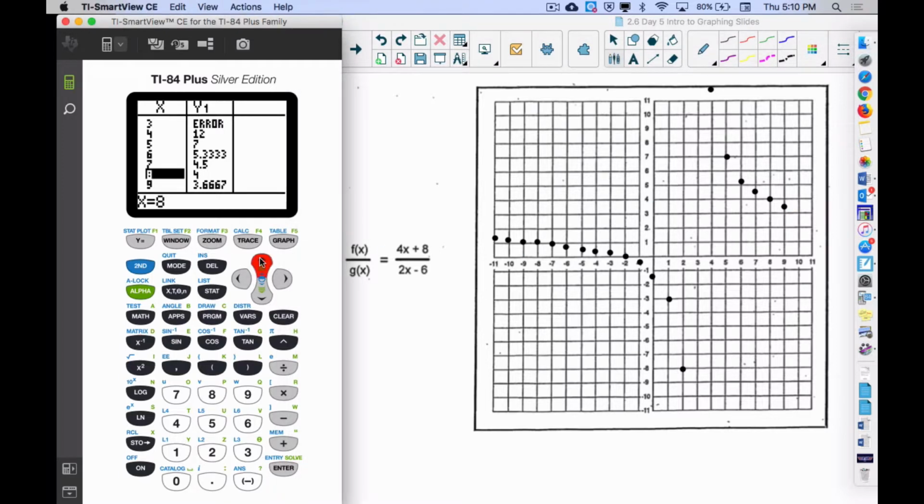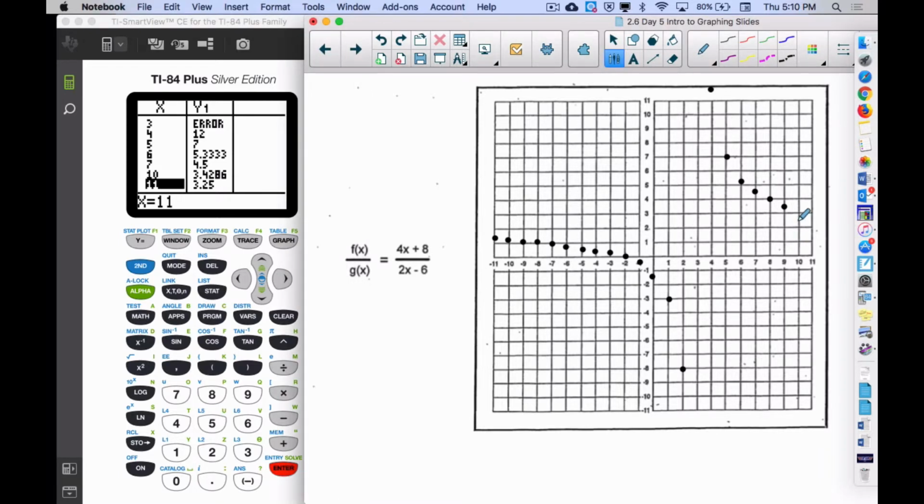And I'm going to go to 2 more. So let me get 10 on here and 11 on here. And when I'm at 10, I'm at 3.42. When I'm at 11, I'm at 3.25. Well, it should be a little higher here. Okay, but then once you get that first set on there, I want you to